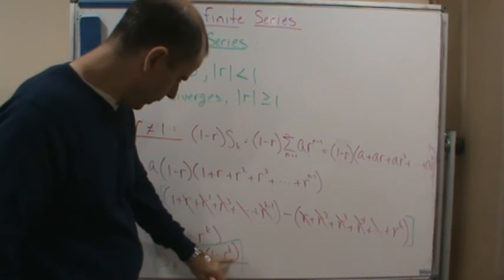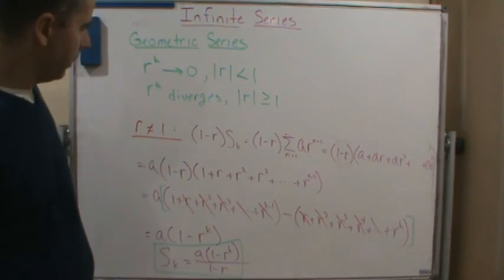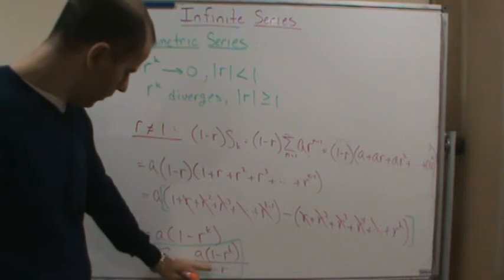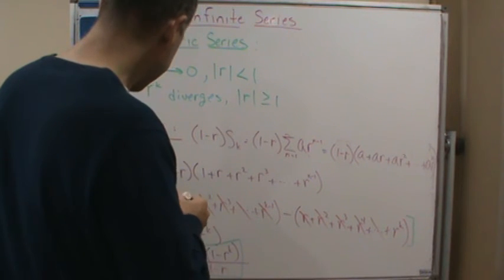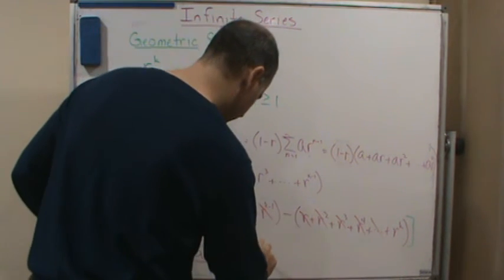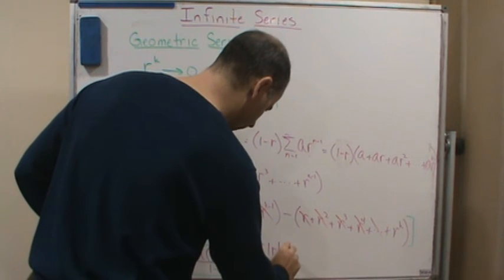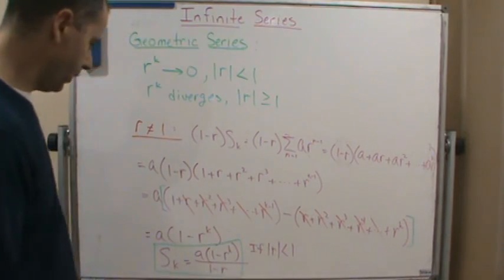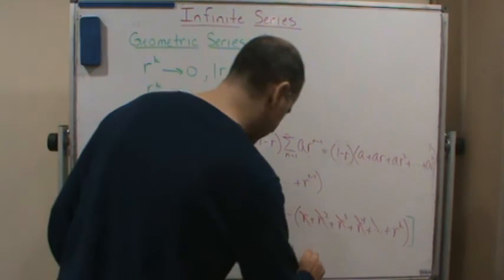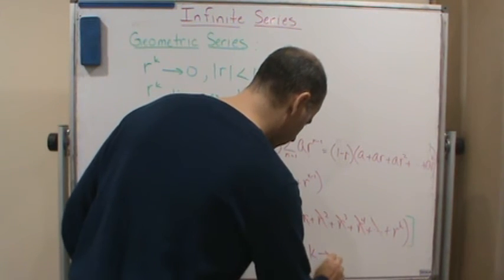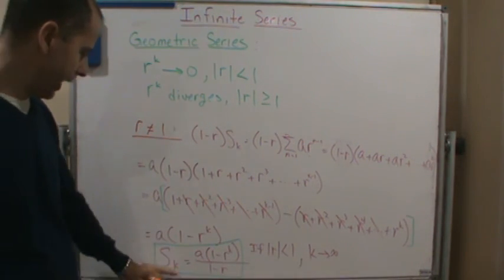So if we look at r to the k and we use this factor, this approaches 0 when the absolute value of r is less than 1. So what can this tell us? Well, that tells us that in the case that the absolute value of r is less than 1, then we know that as k goes to infinity, r to the k is going to go to 0, so s sub k then